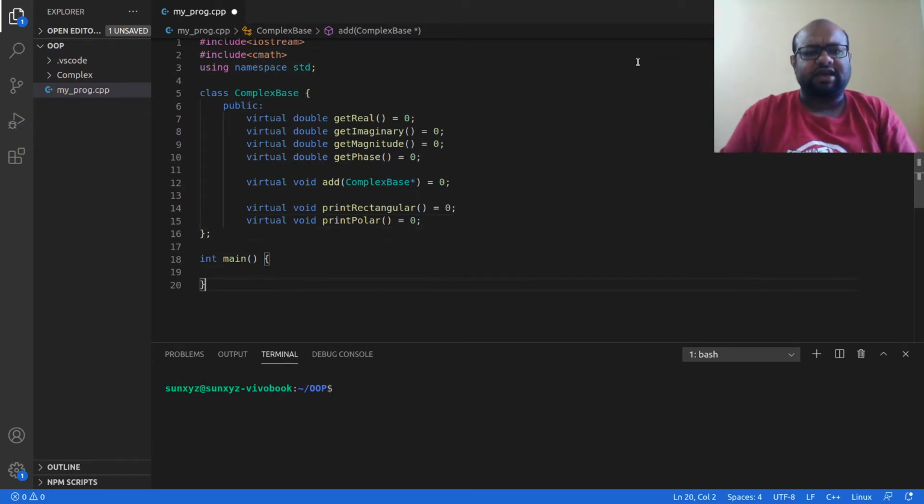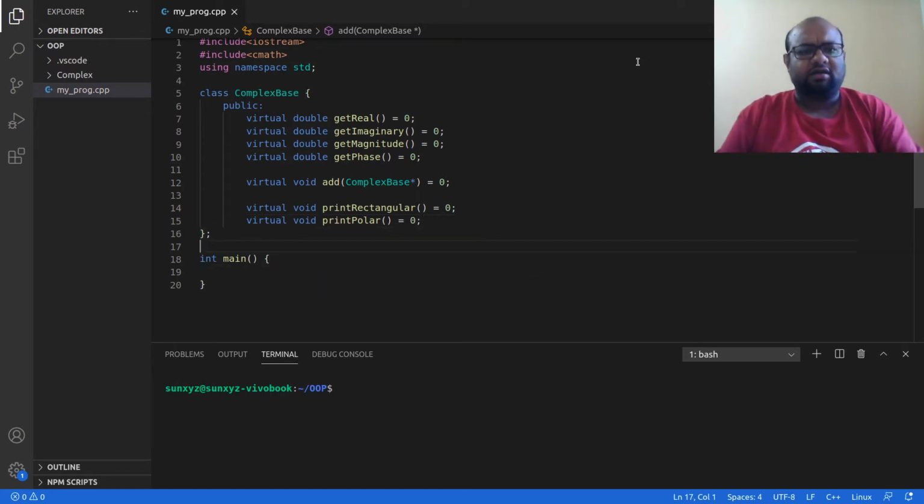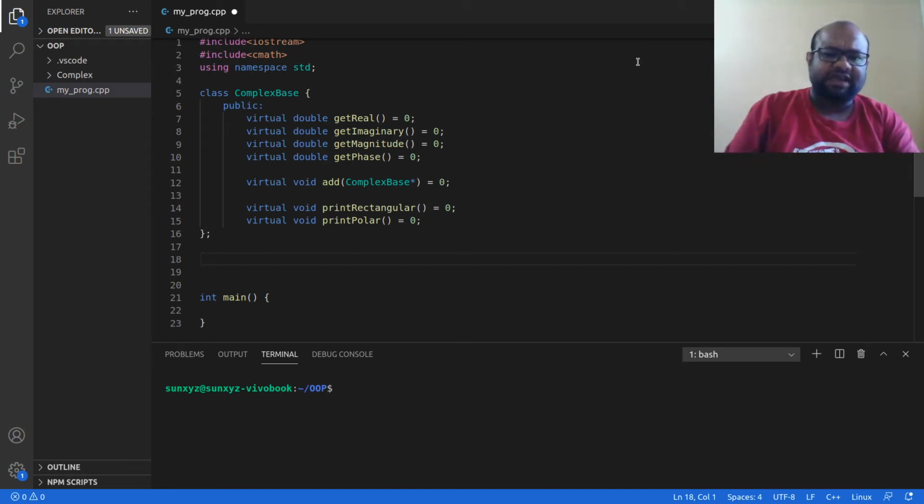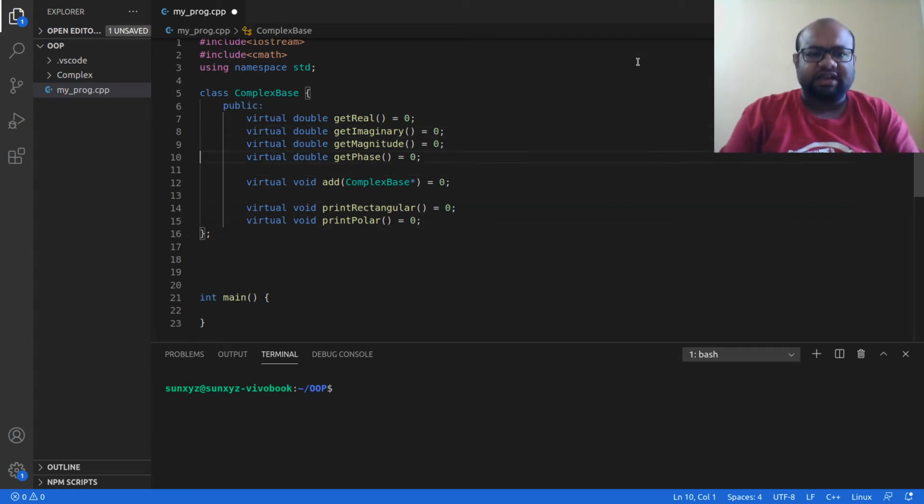Alright, so this is my complex base, the base of my class, and then I am going to have the real concrete class. This is my abstract class. Let me create a concrete class where I am going to implement this function. There are more functions that I have to implement, these two: one is times and another is multiply. I am going to do that later.